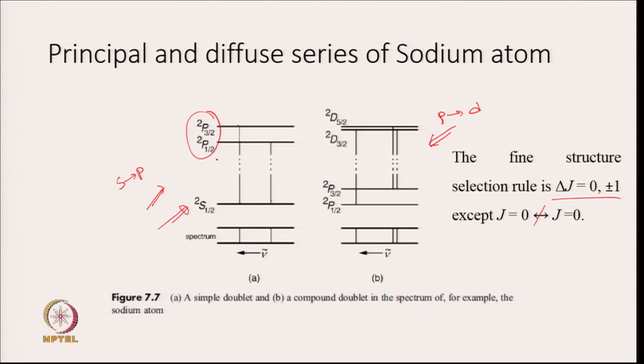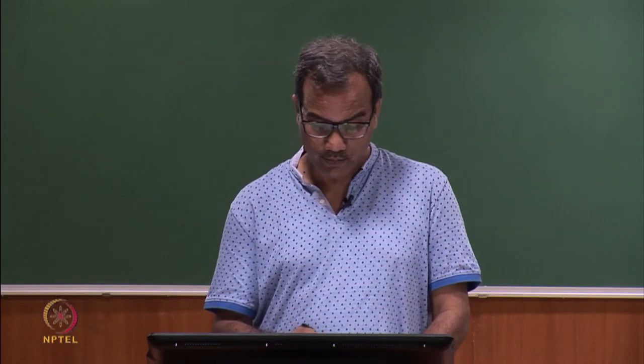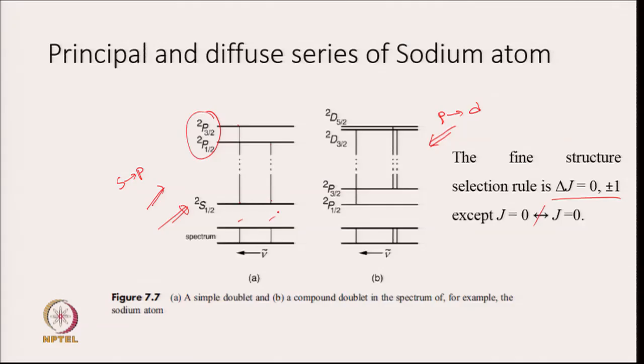These two transitions satisfy the selection rule, okay, and so you will get a simple doublet. Now, look at P to D. P is split into two different states and D splits into two different states. You see the difference between these two states is high compared to the difference between these states. So, the difference between 2p3/2 and 2p1/2 is higher in comparison to the difference between 2d5/2 and 2d3/2.